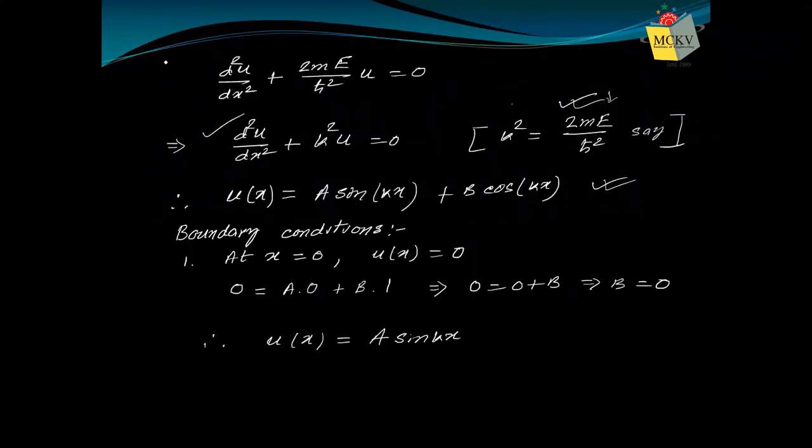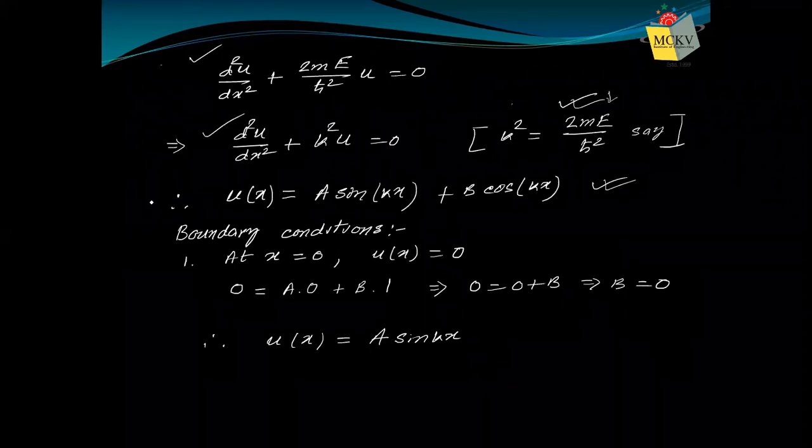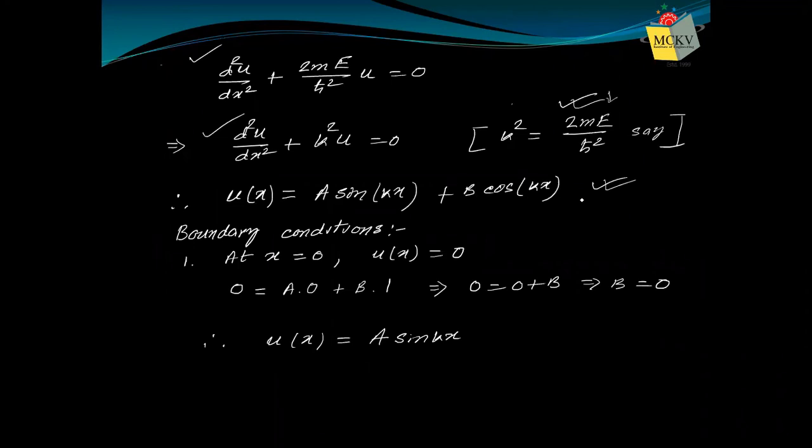our time independent Schrodinger equation is this, because V is 0. Now we have written 2mE by h bar square as k square. You can give any name, no problem. Write it in square form. That's all. You can write m square, no problem. The point is, if this is a second order differential equation, then we have a ready-made solution. And the solution is A sin kx plus B cos kx. A, B are two constants. And whatever you write here, if you write k here, then it will be kx. If you write m square, then it will be mx. Okay, whatever. So this is our equation.